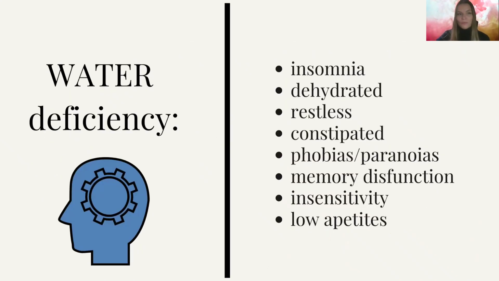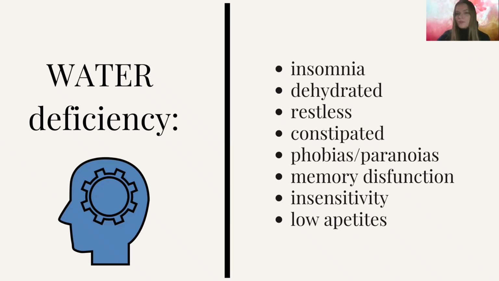And now we will look at the water deficiency. So if you lack water element in your birth chart, or if it's very weak, then you may experience insomnia. So with insomnia, it's quite helpful to use lavender. Spray your cushion or pillow with lavender, or put some lavender flowers under your cushion as well, and this could help you to sleep. Now, the hydration as well, because you might be forgetful about the liquid intake. The feeling of restlessness. You can feel restless, constipated. Here again, a lack of liquid in your body. So it's important to remember to drink on a regular basis.